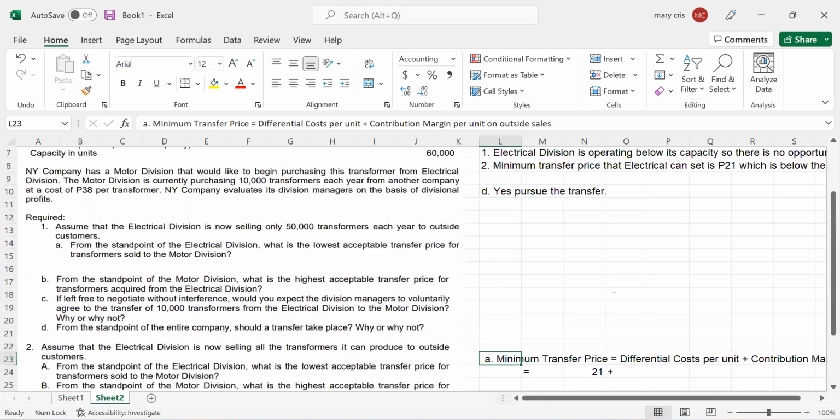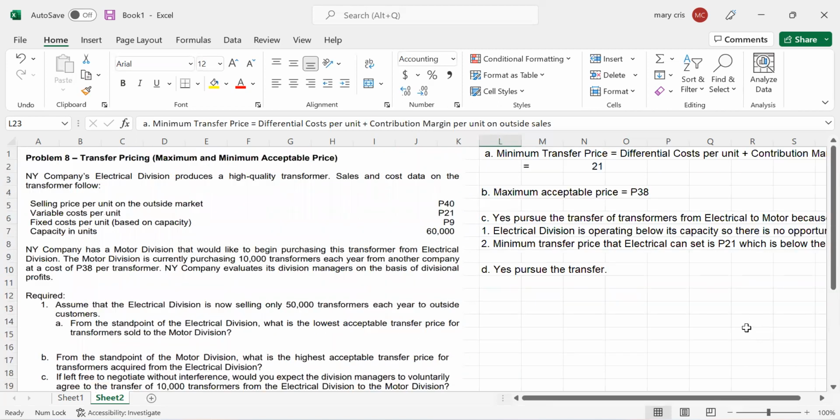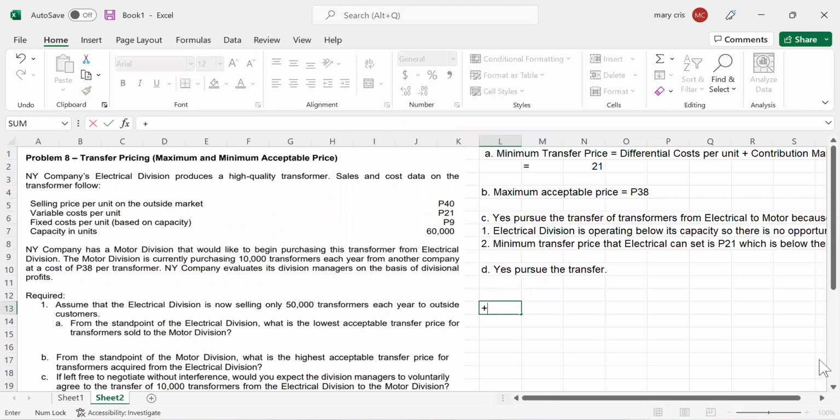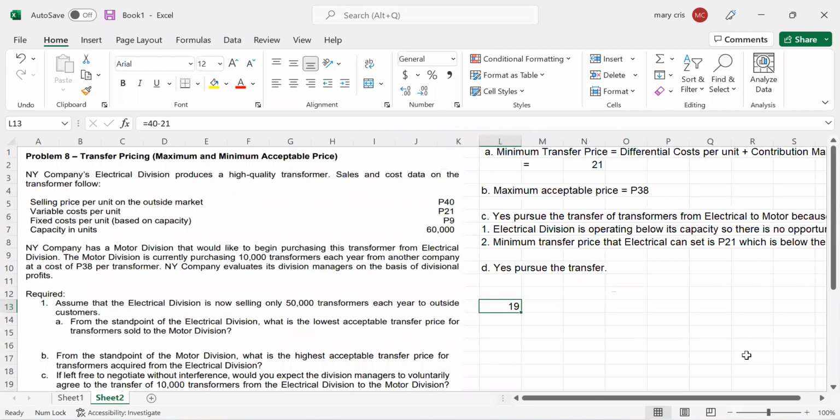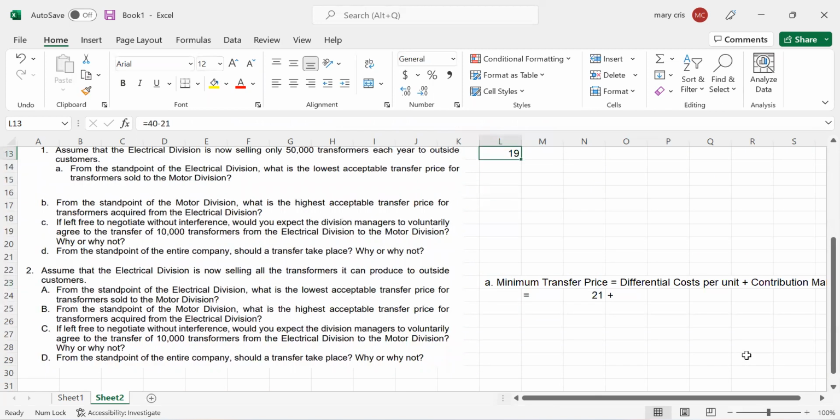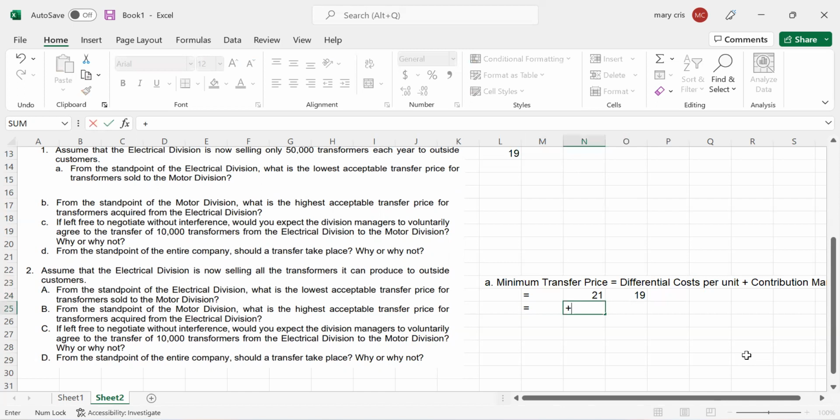So if you can see here, pila di ay ang contribution margin sa outside nga sale. They can sell it sa outside market at 40, and then the variable cost is 21. So ibig sabihin, merong contribution margin na mawawala si electrical division na 19 pesos. So you have to add it here, yung contribution margin. So pila ang minimum na transfer price? The minimum transfer price will be 21 plus 19. So that will be 40,